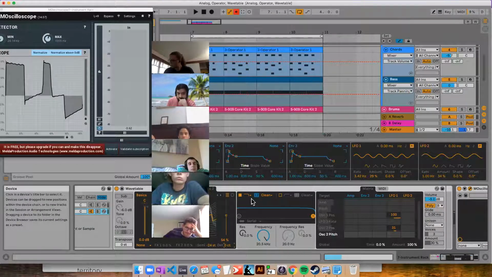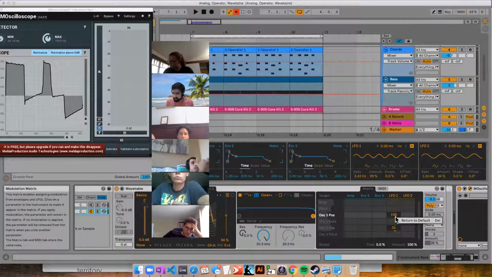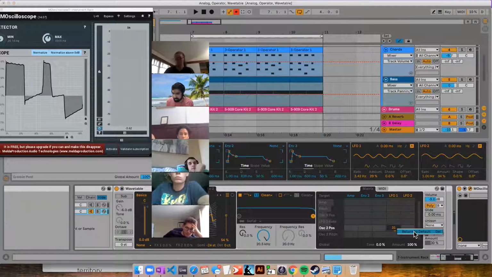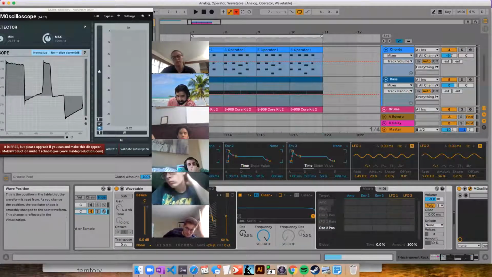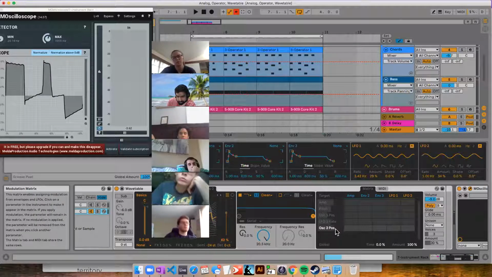So that's interesting already. You don't have to use LFOs. You can use envelopes because you have all these envelopes available to you. You could, for instance, let's see how that would sound. Let's return to default, right-click and return to default. And instead of doing that, I think you can also just click it and delete it, and that'll delete it as well. Let's take a look at this particular parameter, which is oscillator 2 position, and let's see if we